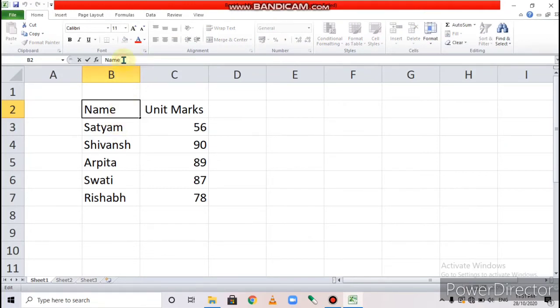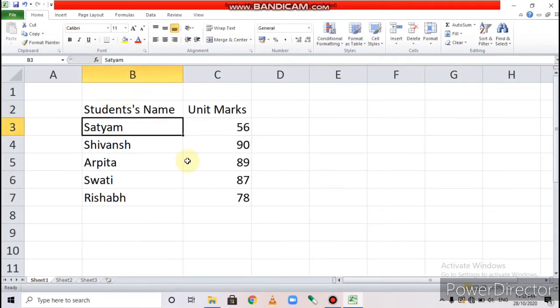Now after that, type the new data, and after editing the data, click on the enter button, or you can press the enter key from the keyboard. Pressing the enter key from the keyboard is very useful. Right? You can see.